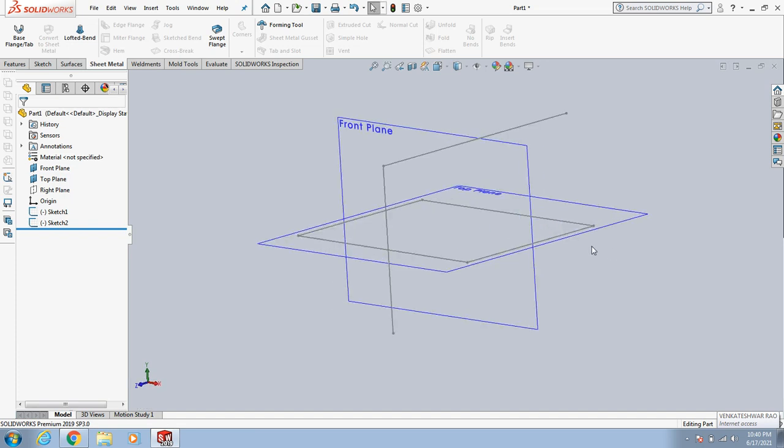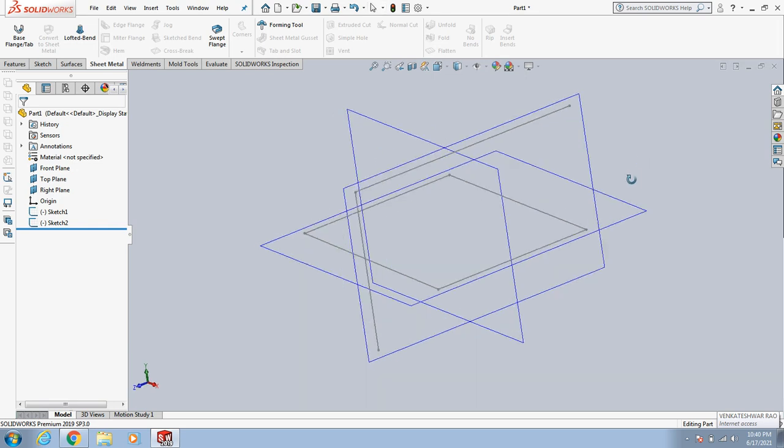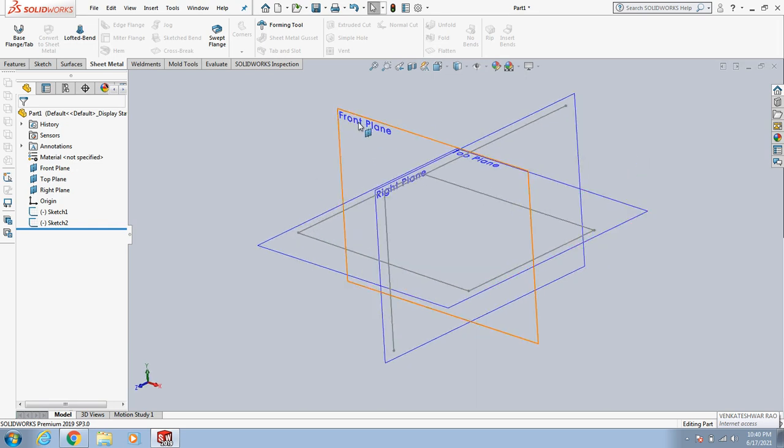If you see here, this is my front plane, and my sketch is on the right plane. I'll click on the show button, so the right plane becomes visible on the screen. See here, the sketch has been moved from one plane to another plane. So we can move the sketch from one plane to another.